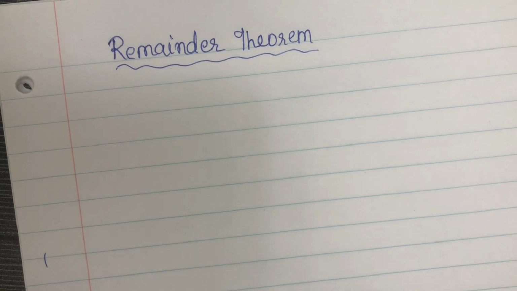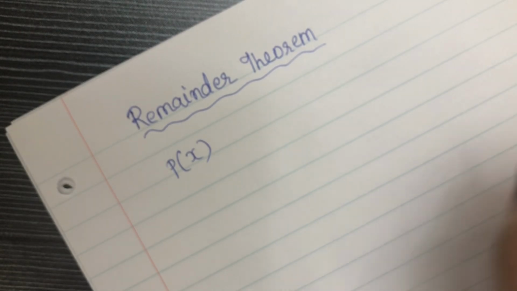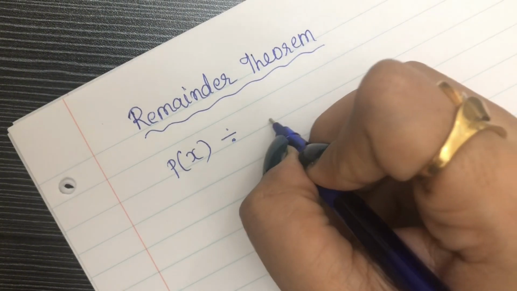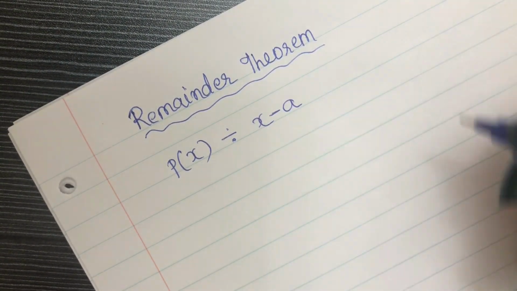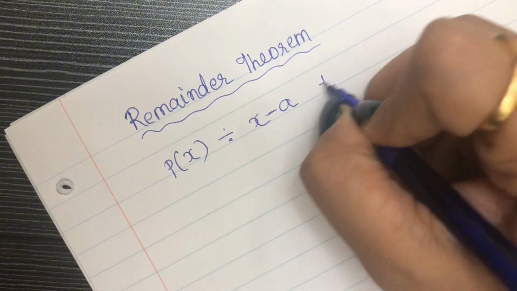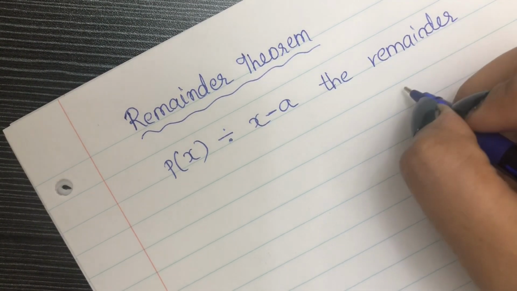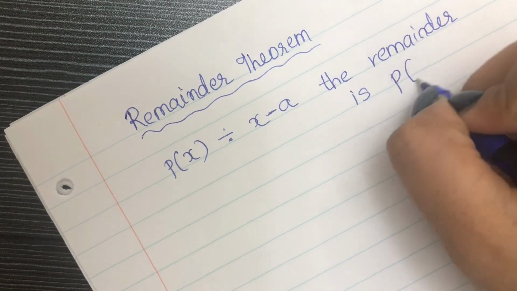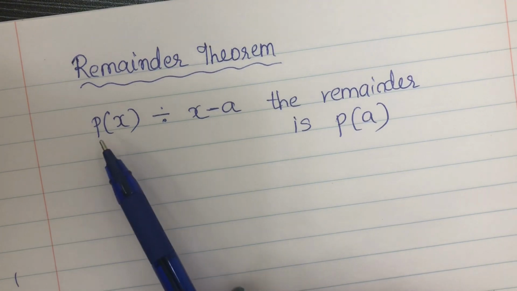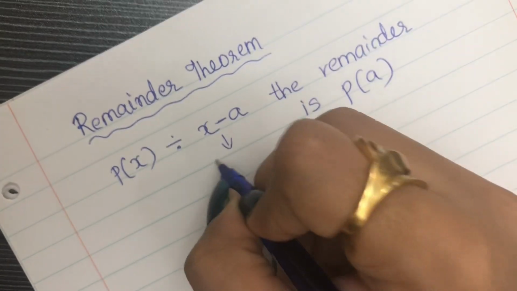If we have any polynomial p of x and it is divided by a linear polynomial x minus a, then the remainder is p of a. So this is the remainder theorem. That is, if a polynomial p of x is divided by a linear polynomial,